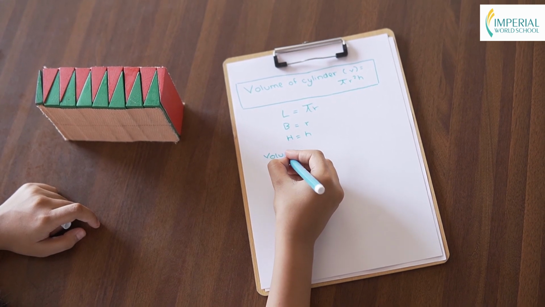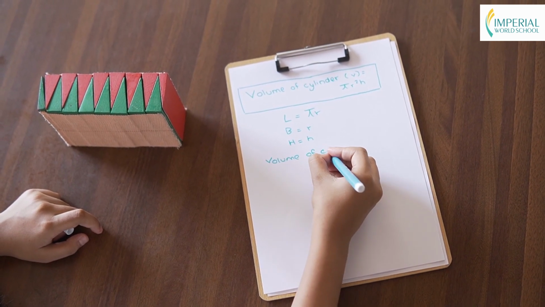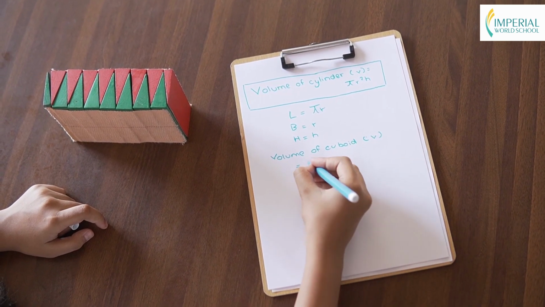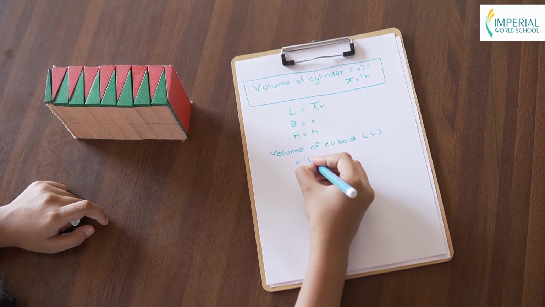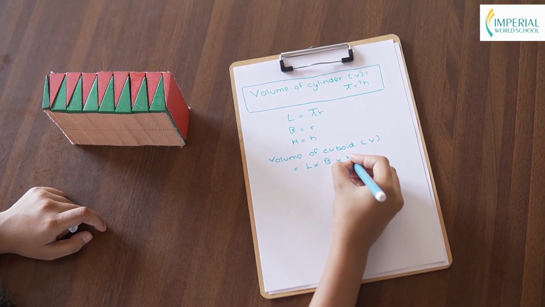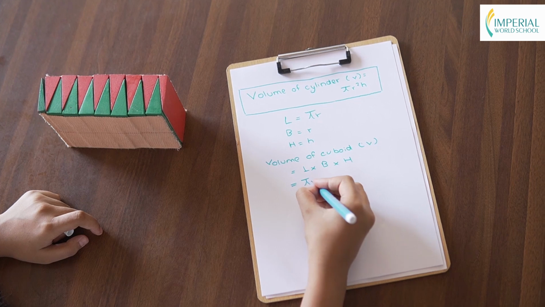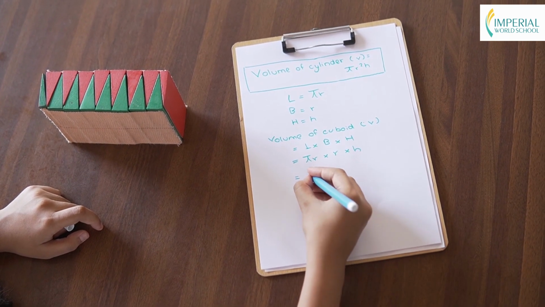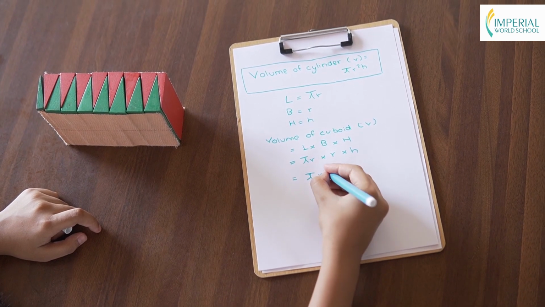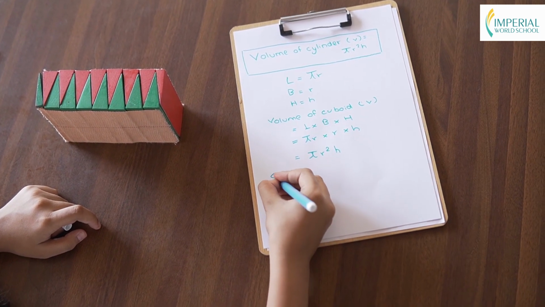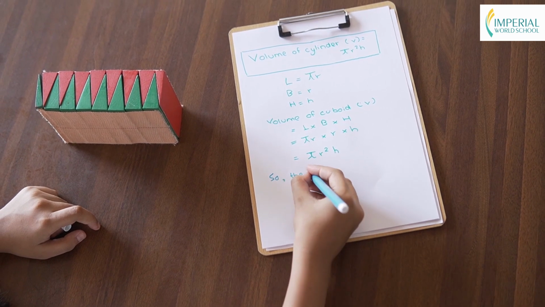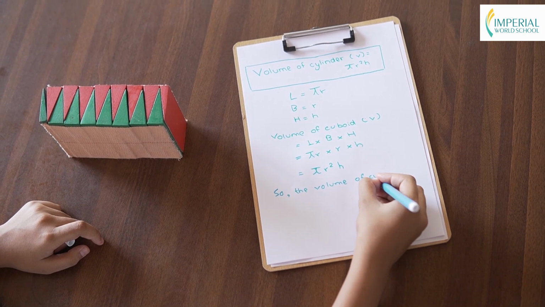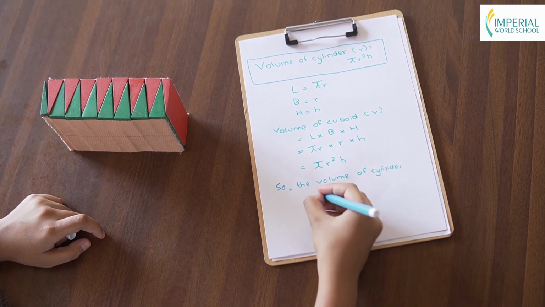So volume of cuboid equals L into B into H, which is πr into r into h. So the volume of cylinder is also